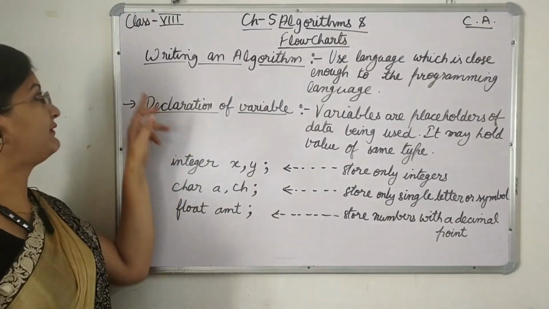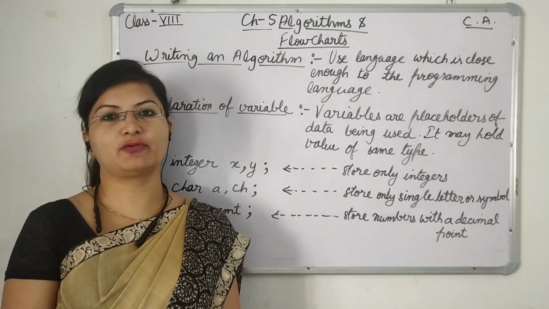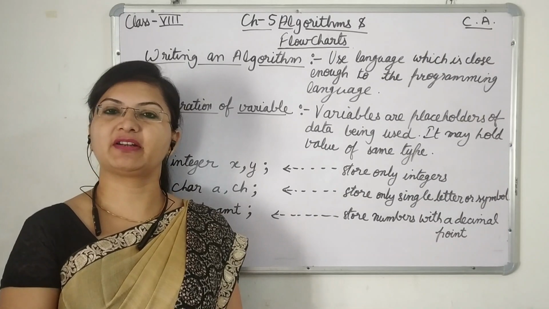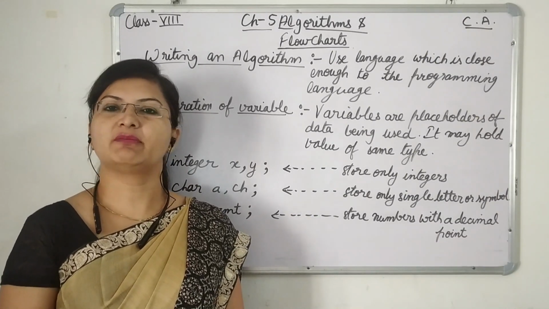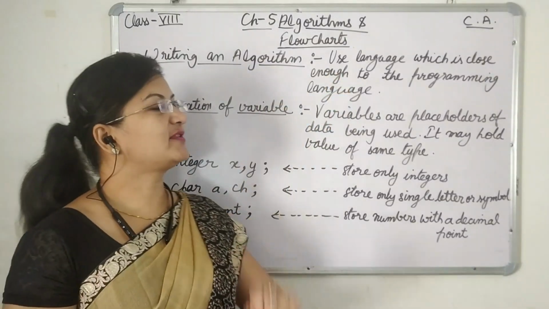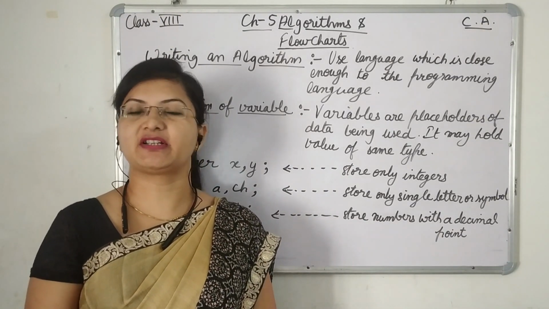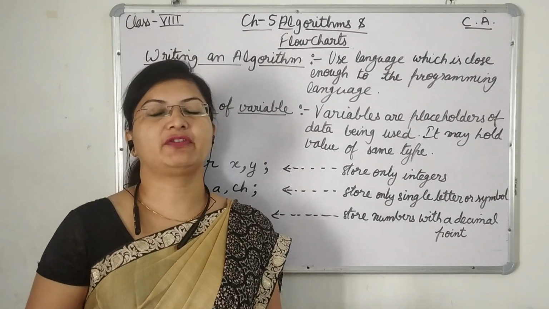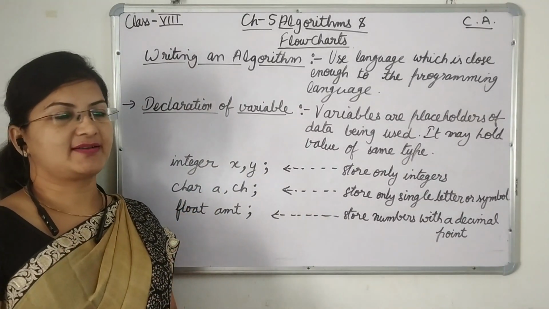Now students, we will learn to write an algorithm. As we have studied an example of a flow chart, you have got some logic of how a program or a flow chart can be written. In the same way we will write an algorithm also, but we will not use symbols. Algorithms we will write in a language which is very close to the programming language, which will be beneficial for those who already know a programming language. If you don't have knowledge of a programming language, then you can write it in simple English sentences.